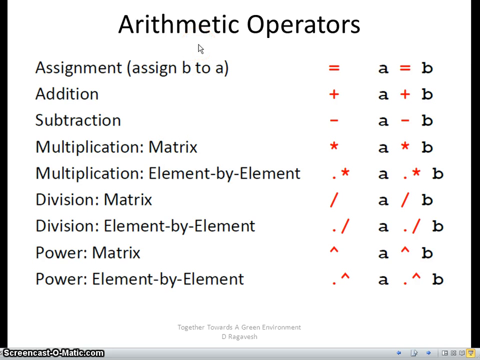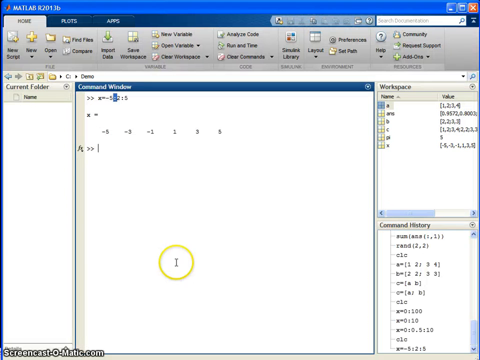Let us see the various arithmetic operations which are possible with MATLAB. It's again a quite interesting topic. As you have noticed, we need statements which are going to manipulate or process the data. Let us say now two variables.